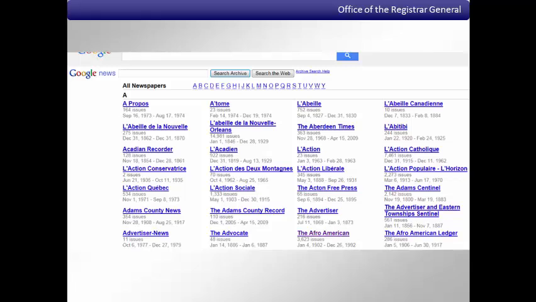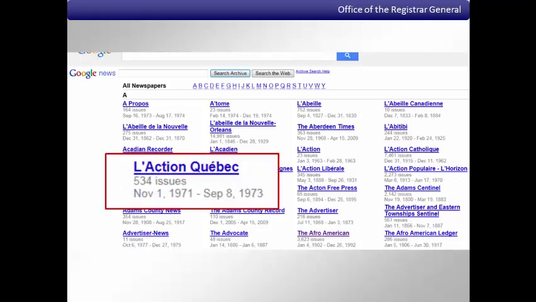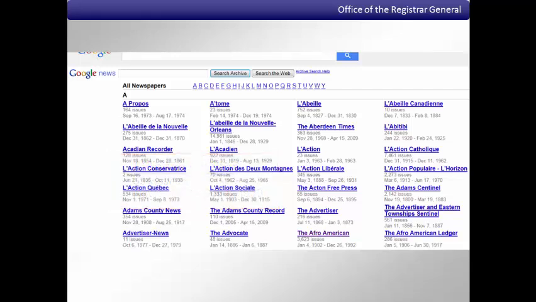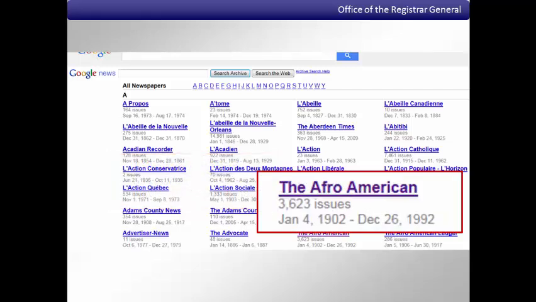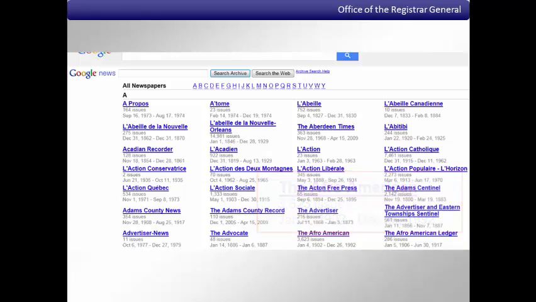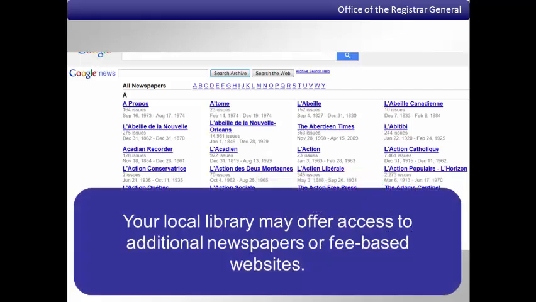google.com/newspapers site link to newspapers in this country, but it also provides links to some foreign newspapers as well. Don't forget that you can also look for newspapers specific to a community or population rather than geographical area. Also, many public libraries provide in-house or remote internet access to local news publications, along with major newspapers such as the New York Times and Washington Post.